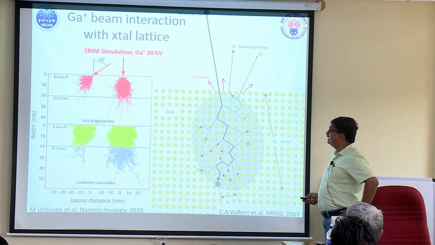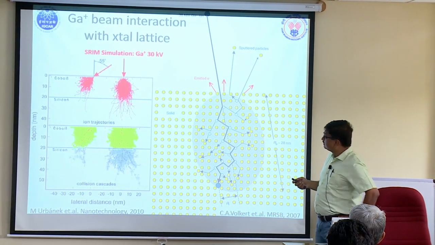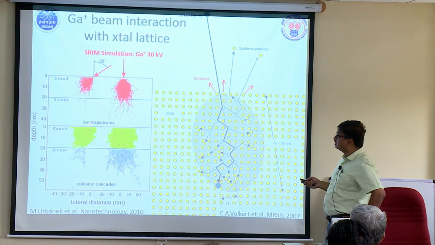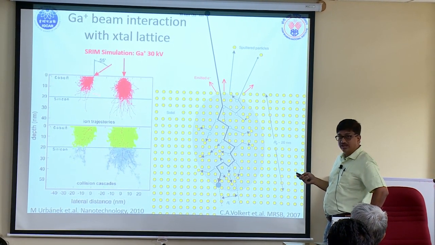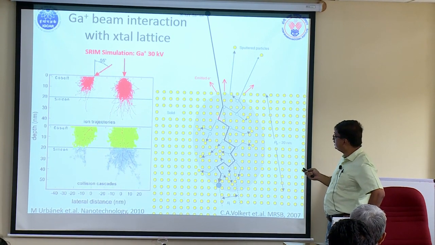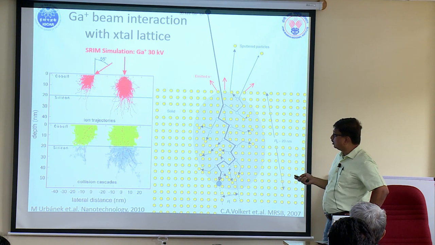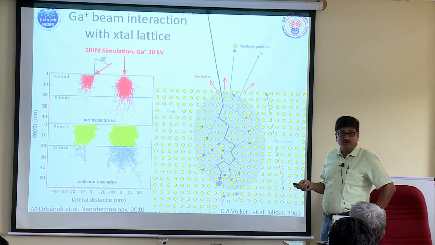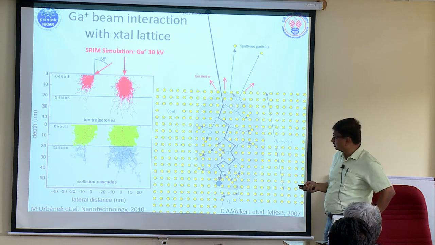So a little bit about the interaction. This is of course a SIM, and there are two types of things that I am showing here. Here of course you have the ion trajectories. This is how the ions will move as they penetrate into your specimen, but they also generate lots of cascades, right? So the effective volume that is interacted will be slightly wider. This is going to depend on the kind of Z that you are using, either cobalt or silicon, the two examples that I am showing here.